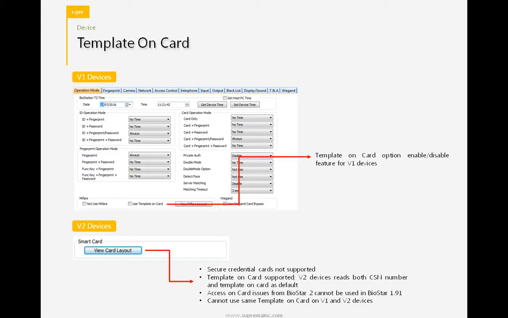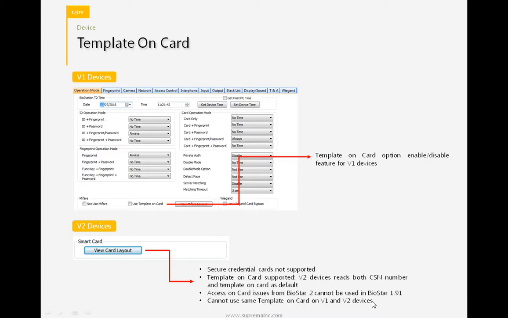And unfortunately, we don't support the secure credential cards in version 2 devices. They are not supported anymore in version 1.91. Access on cards that were previously issued from BioStar 2 cannot be used in BioStar 1.91. They will not be granted.